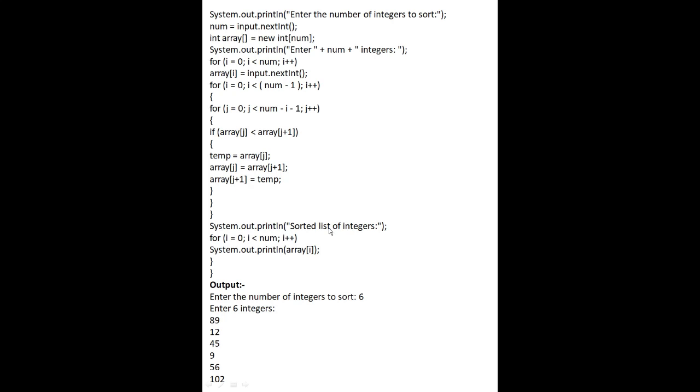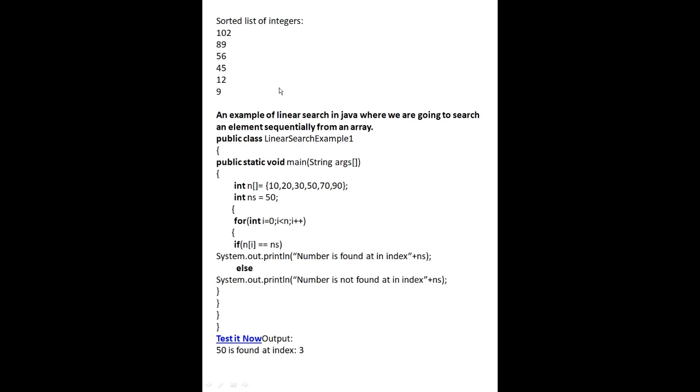Then System.out.println, we enter the values, and it will arrange them in descending order in the location of i. Suppose we have entered these values, then the output will start from here: 102, 89, 56, 45, 12 and 9. These are examples of descending order using the bubble sort technique.